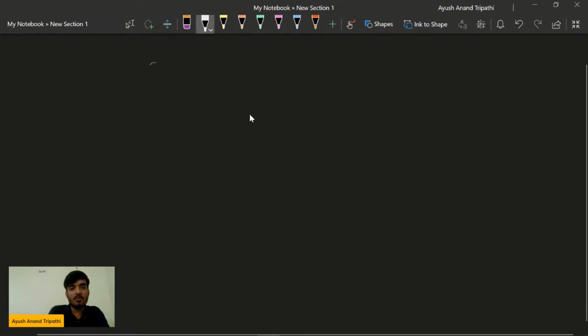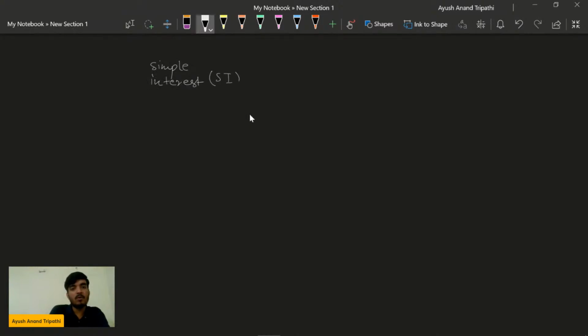So the formula of simple interest, we call this SI, is equal to principal amount, or what we can say PA,